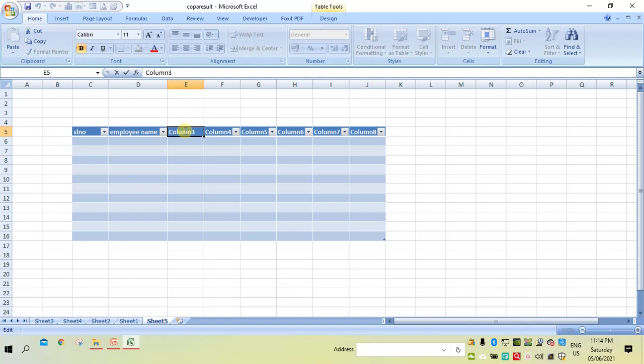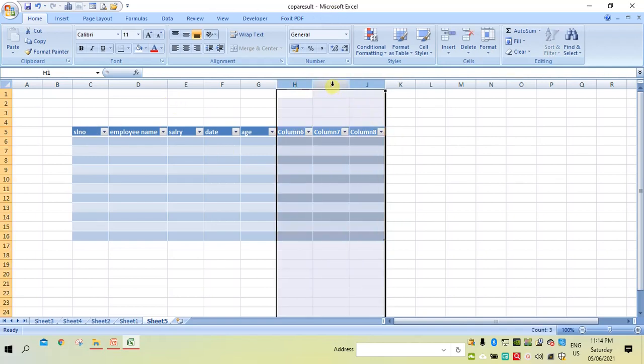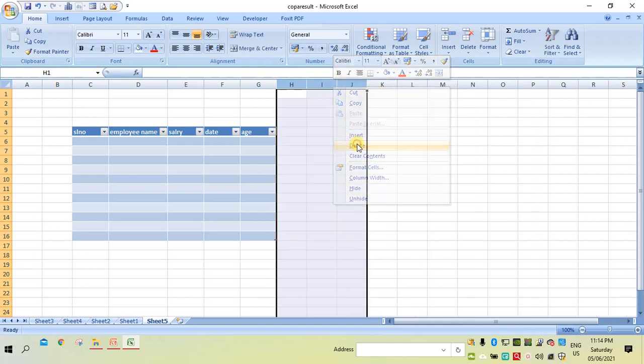Then I will take salary, date of salary. Actually I will write only date, age. Okay, only this much I want to take. I will delete this part.